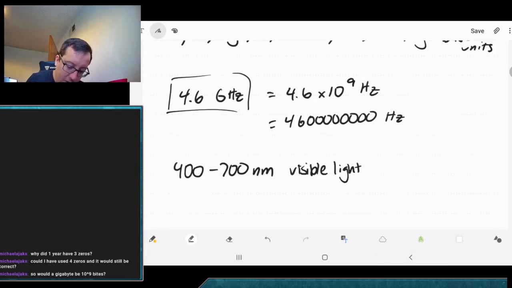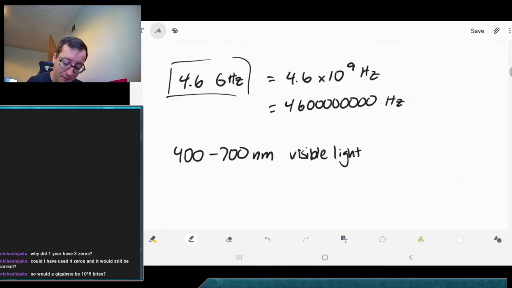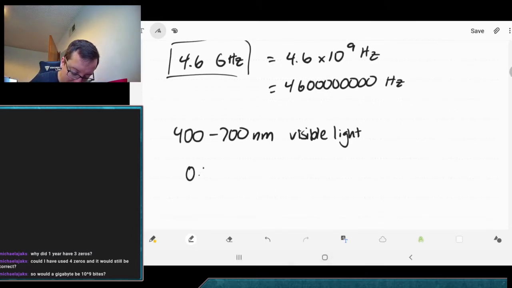That's how long the light waves are in one segment. We'll talk about that later on. If we were to do it otherwise, though, we'd say 0, 0, 0, 0, 0, 0. How many zeros is this going to be? 4